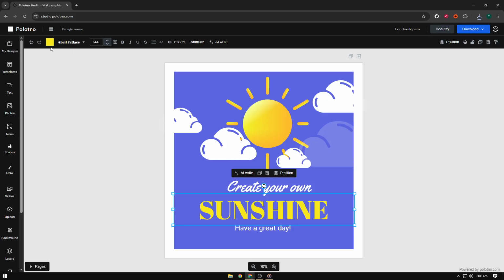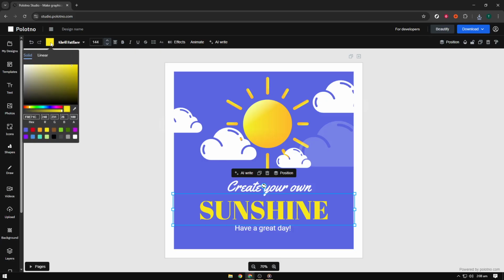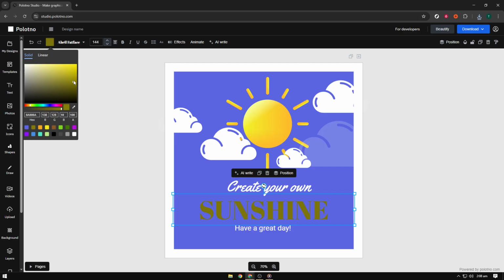Look for the font color option in that toolbar. It usually appears as a colored square or a button labeled color. Click it to open the color picker. Here you can choose from preset swatches or enter a custom color. If you have brand guidelines, typing in a hex code helps you match colors precisely and keep your design consistent across different assets. As you choose a color, you'll see your text update on the canvas in real time,